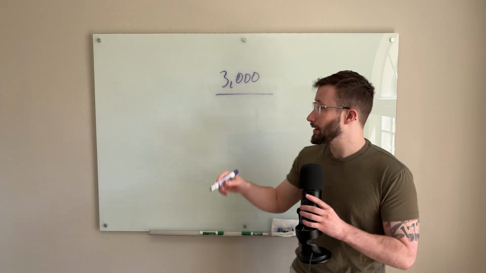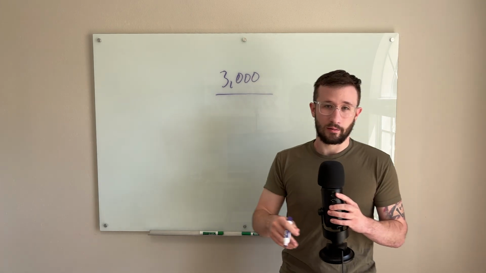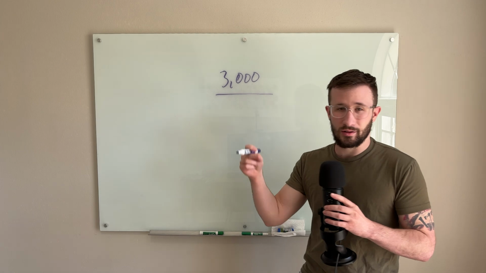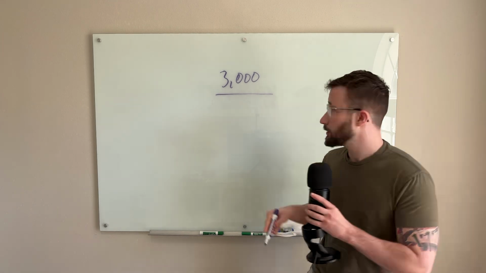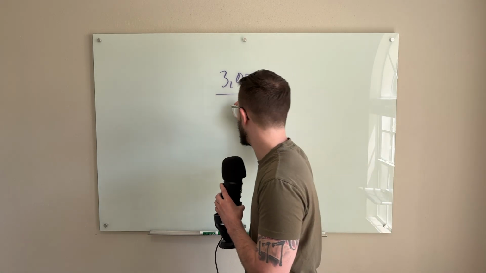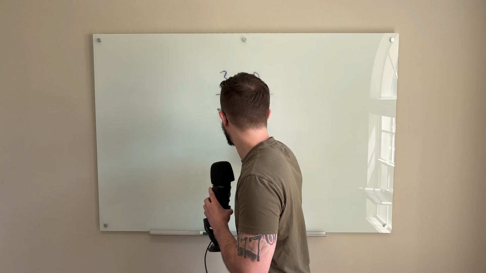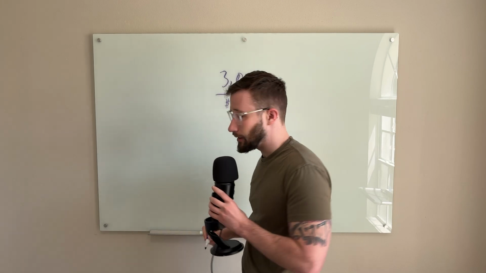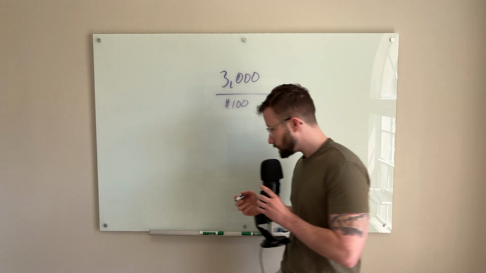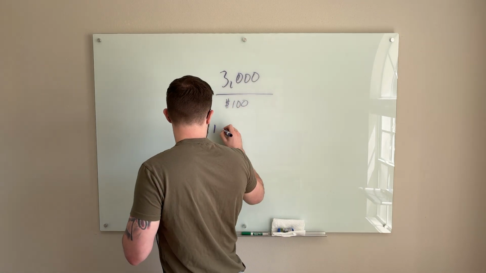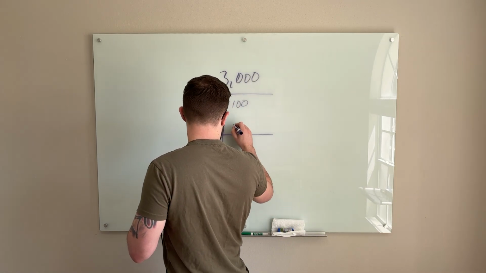The biggest thing is that this is actually broken down into daily increments. We know there's an average of 30 days in a month. So that means that this $3,000 would be spread by $100 a day over the course of a month. And let me show you how this works. The biggest priority